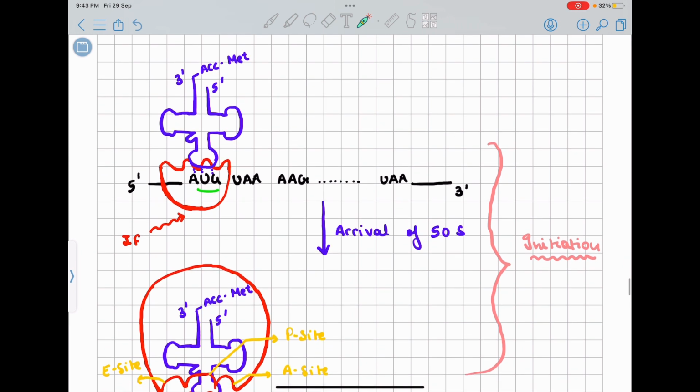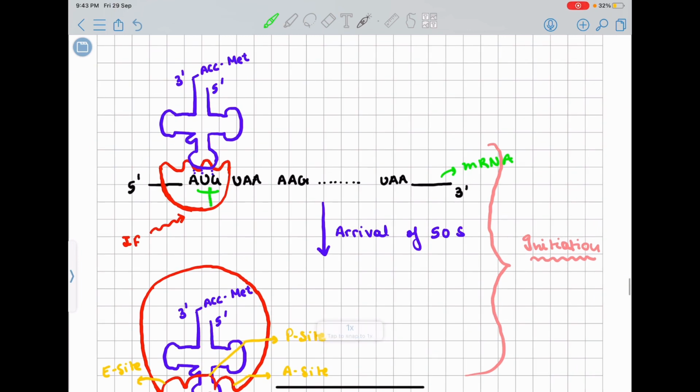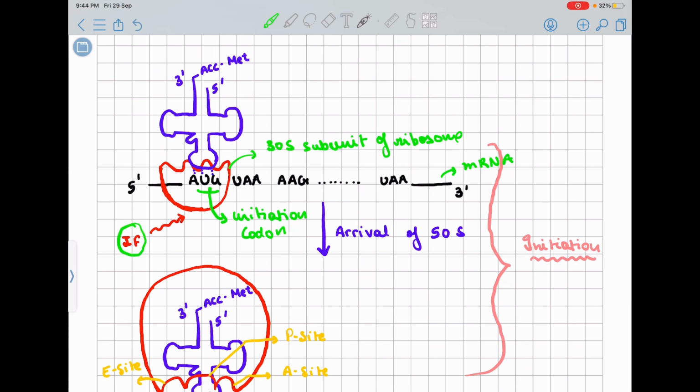So starting with the translation, this is the mRNA, which is formed from transcription. This is the initiation codon. And this, the red colored one, is the 30S subunit of ribosome. This 30S subunit of ribosome will come and attach near the initiation codon. This process is aided by certain factors known as initiation factors, right? When this binding is complete,